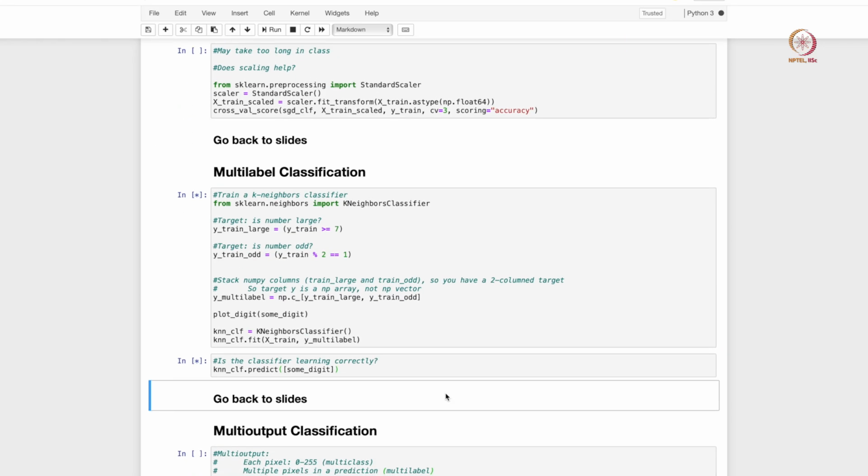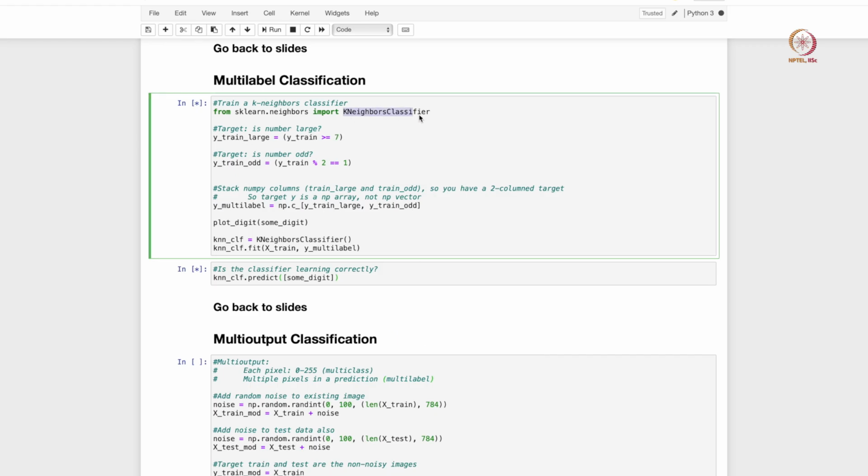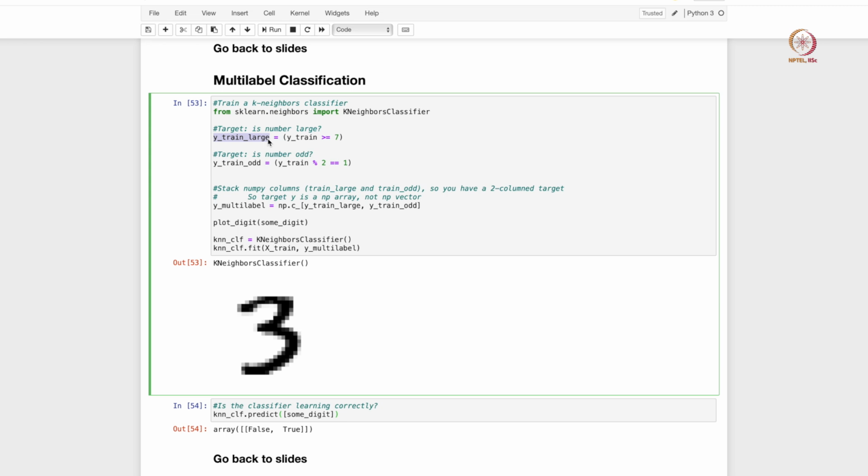This may actually run quicker. The way multi-label classification works is again fairly simple. We import this k neighbors classifier class. We have to introduce the new target variables, the target labels. So we introduce one label as y train large here and the other label as y train odd here.